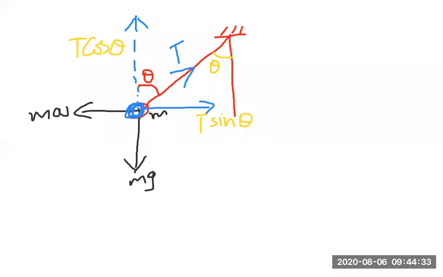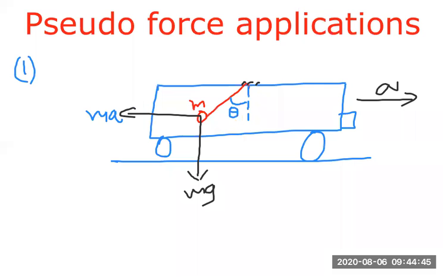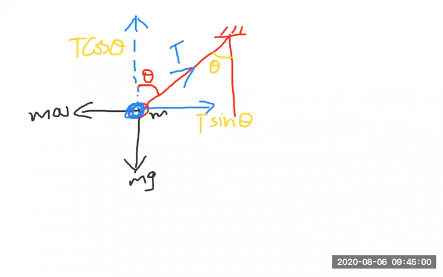Now the pendulum is making an angle theta and remains in that position, which means the car is moving with a constant acceleration, so the value of A is constant. Since A is constant, the pendulum will always remain in that position. That means it is in an equilibrium condition. Equilibrium condition means all the forces must be balanced.